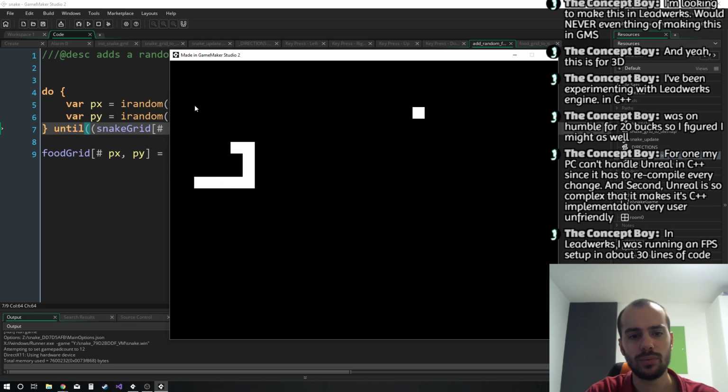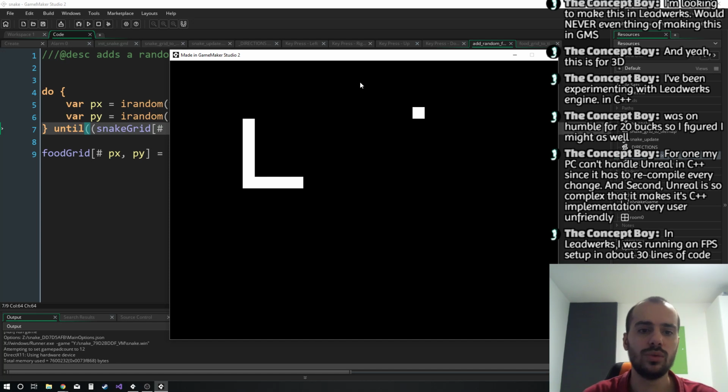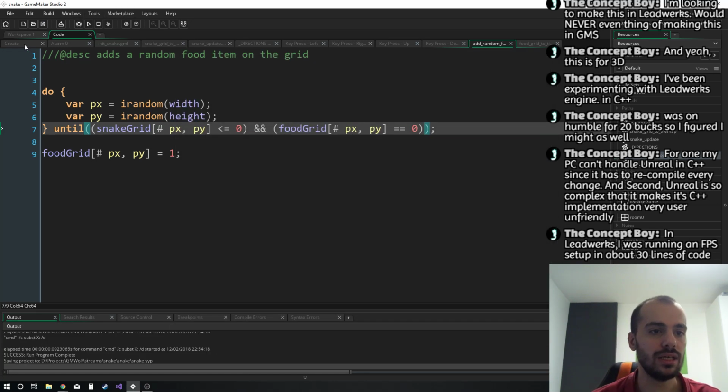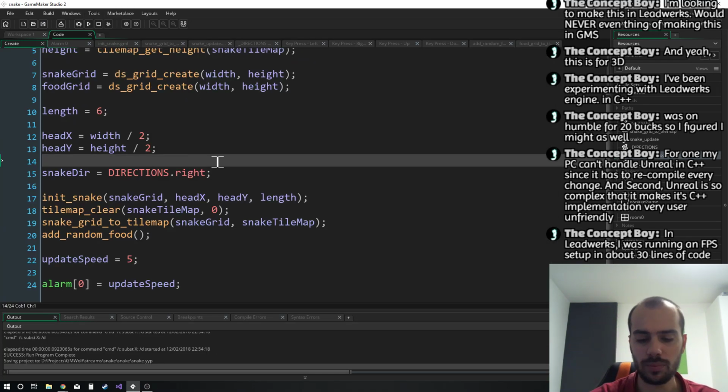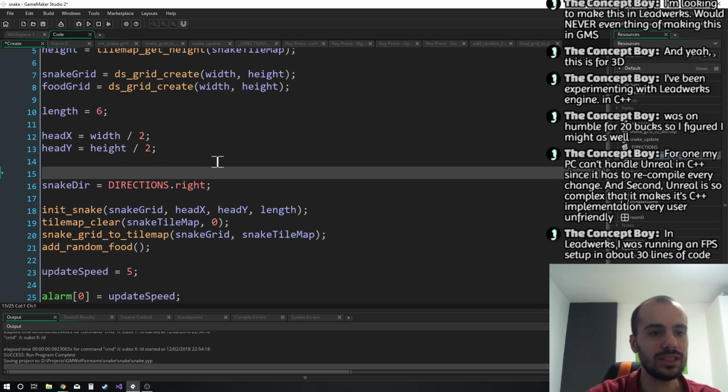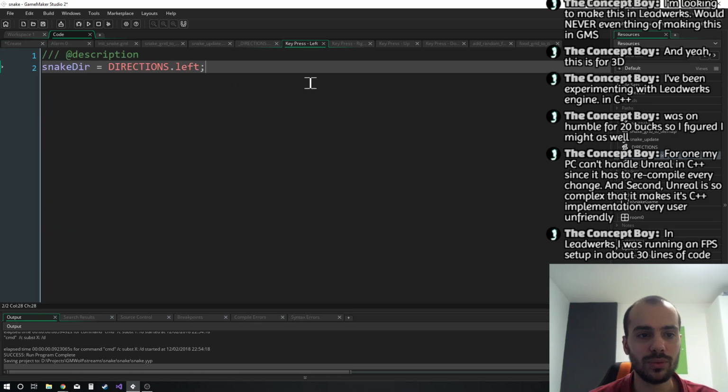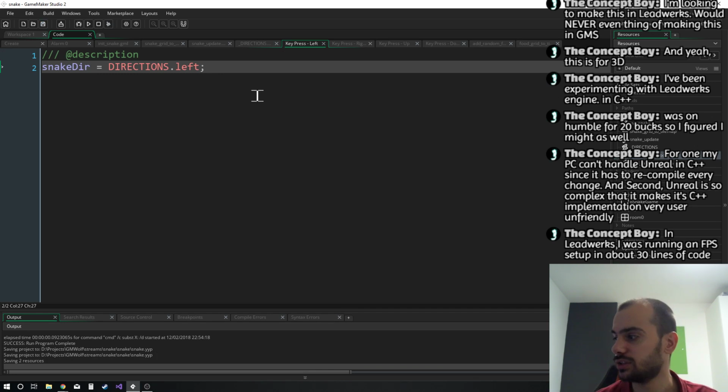We also need to stop us from going back on ourselves. So for this we need two things. Let's first stop us going back on ourselves. A simple solution would be to say, if I press left, instead of saying snake dir equals directions dot left, I would first check if my direction was not right. But that's not enough, because that would allow me to press up and then left in a single update cycle. So what we want is an actual feature